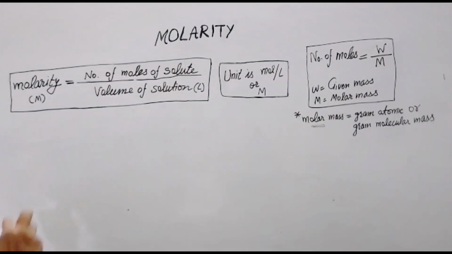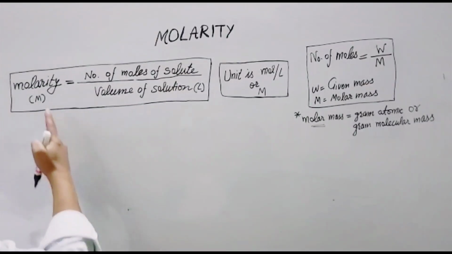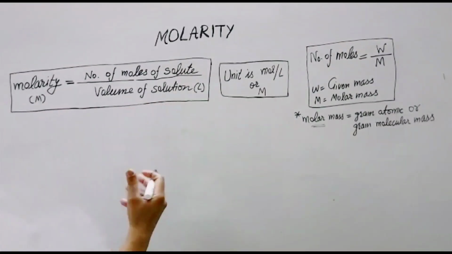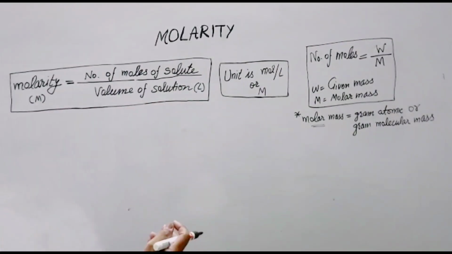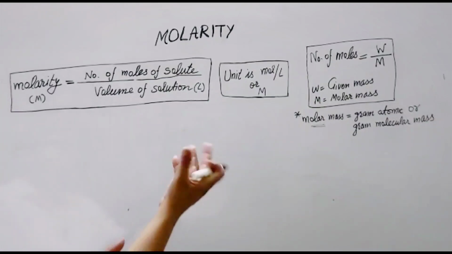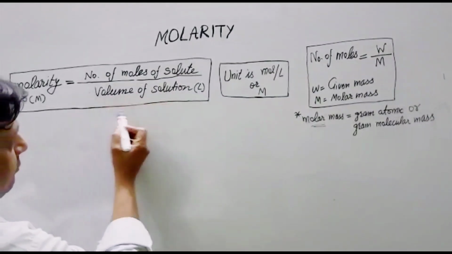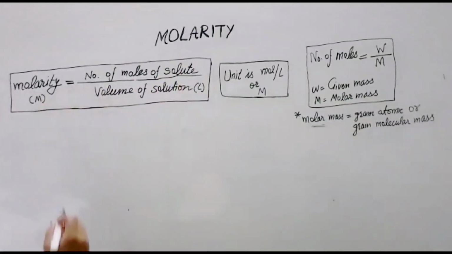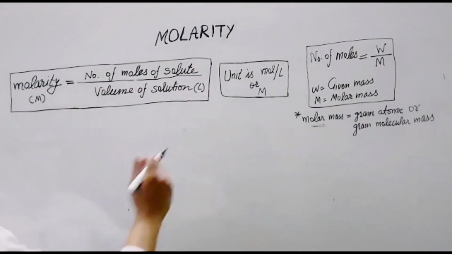Molarity depends on the temperature because molarity is dependent on the volume. If the temperature of the solution rises, then naturally the volume will increase, and due to the increase in volume, denominator will be more, and as a result the whole quantity will be less and the molarity decreases with the increase in temperature.